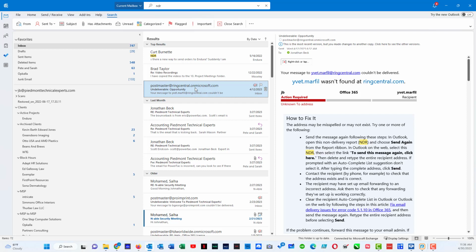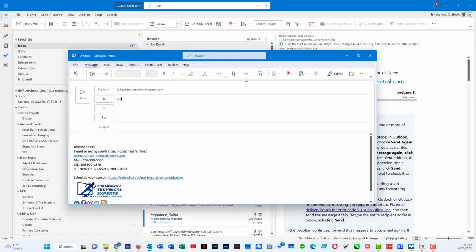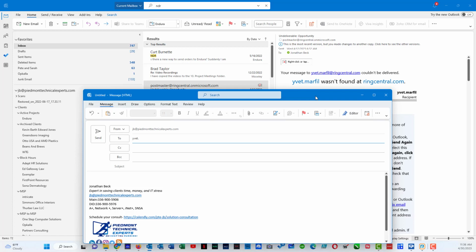If that's the case, then all you have to do is when you do a new mail message, wrong button, new email message here, and let me drag this over. If I start typing Yvette, this is bringing up my recently used address list. Sometimes this can be corrupted. So if it does, what you want to do is actually delete that out. Now I'm going to have to type in Yvette.Marfil@RingCentral.com, and now